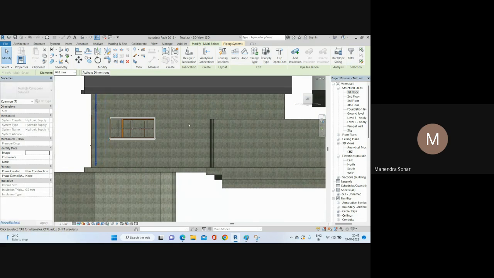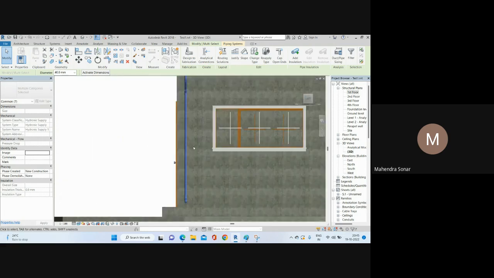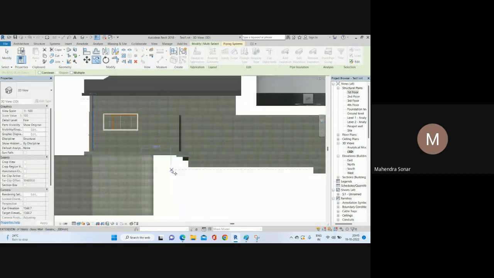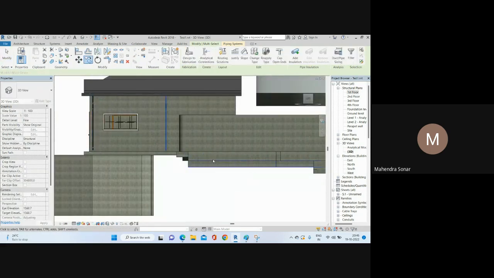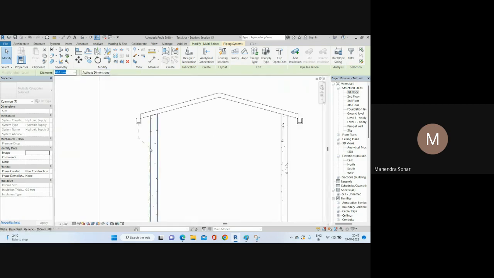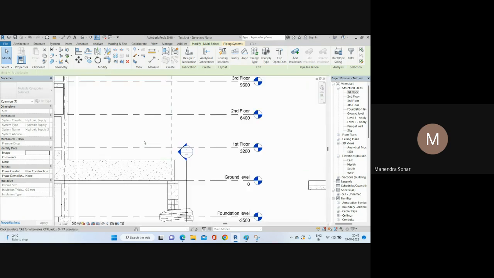Okay. Then you can copy this assembly and just paste here and just adjust. You can take a proper section and give the proper location of this drain pipe. You know how to give the proper set out distance by using the reference line. So if you go again in section,